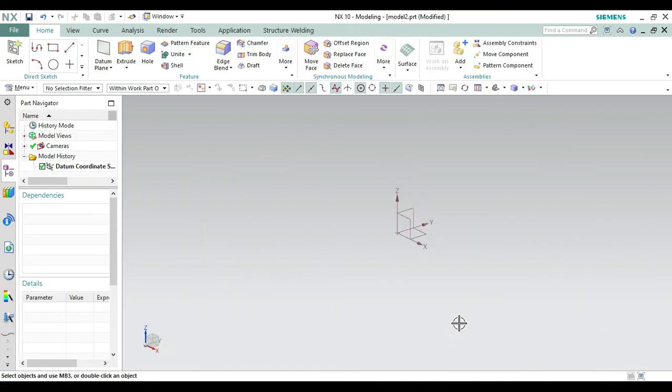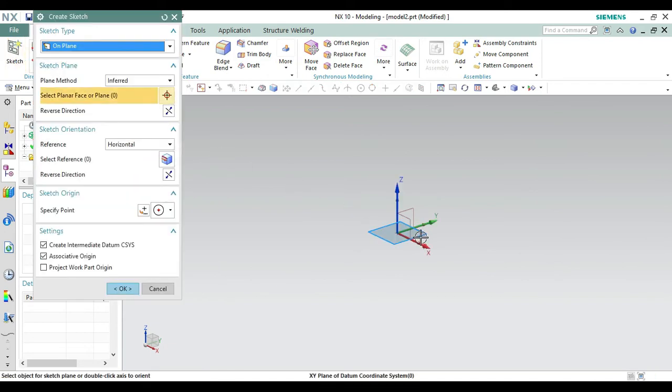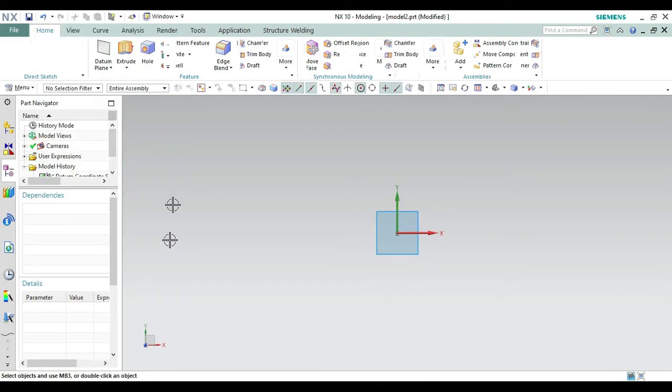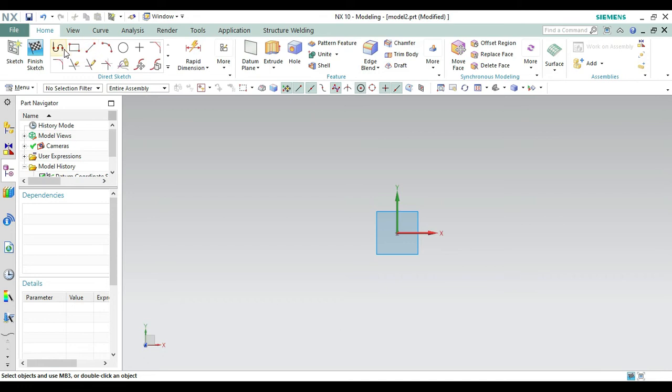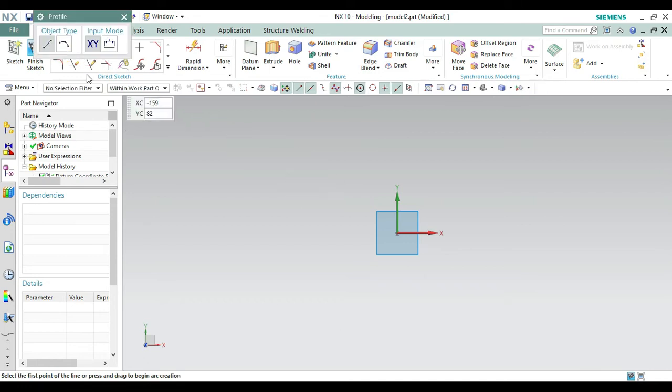Now what we have to do is to select the sketch, means on which plane you want to work. I usually prefer the XY plane, so click on XY plane and make it okay from here. Now what we have to do is to create a profile. So go to profile command and with the line object type create a line of length 70 and angle make it to 0 like this one.